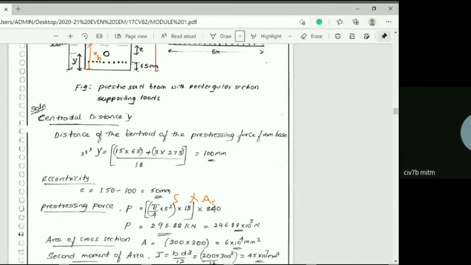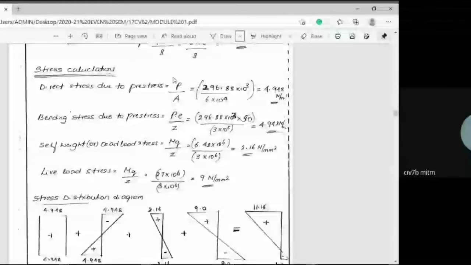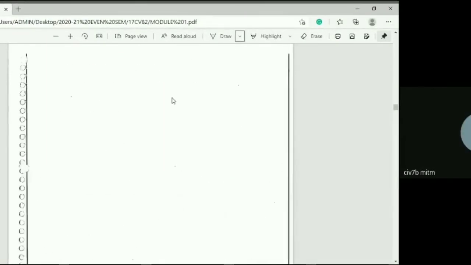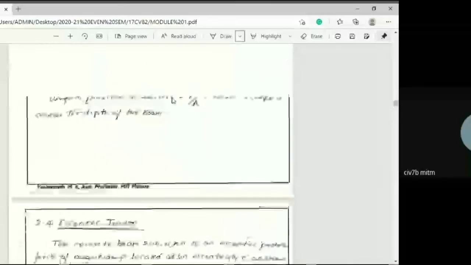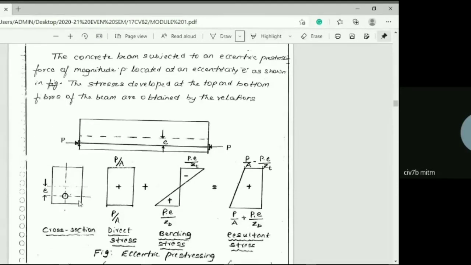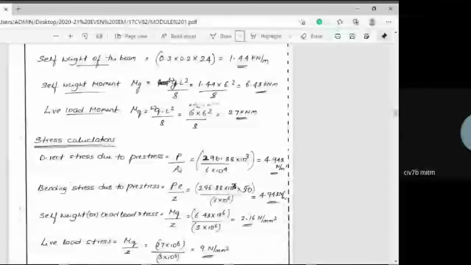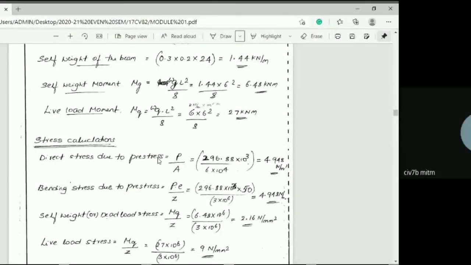And one more thing, this particular section is subjected to the live load. So, coming to the formula, since the pre-stressing has been induced inside the concrete beam, as I told you in yesterday's class, once the pre-stressing is induced inside the tendon in the concrete beam, the direct stress formula will become P by A. So the same formula I'm going to substitute here, that is P by A.